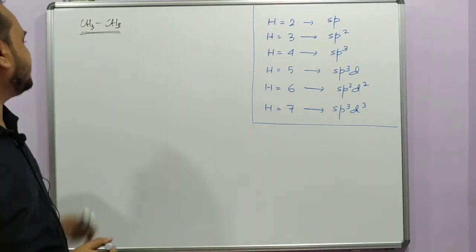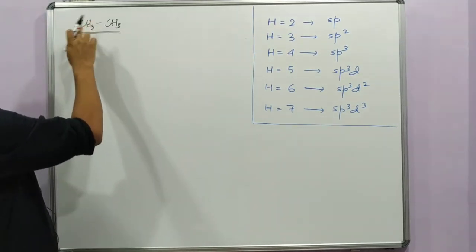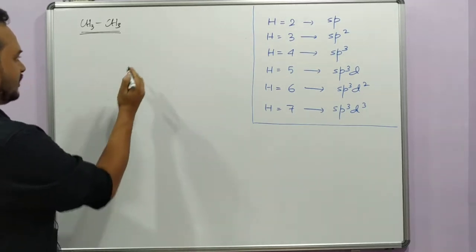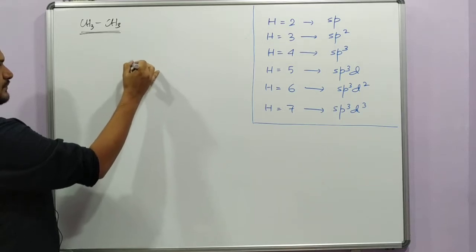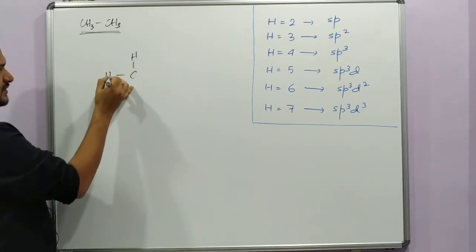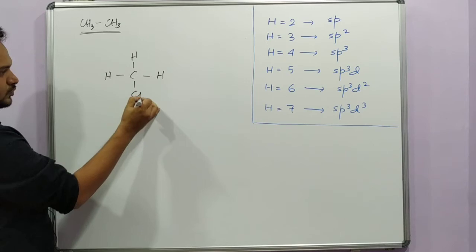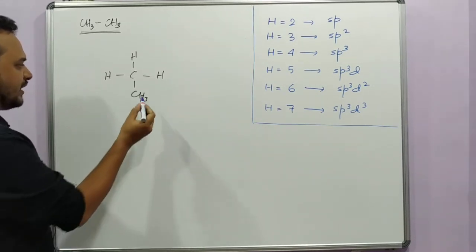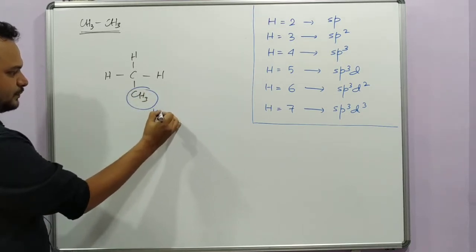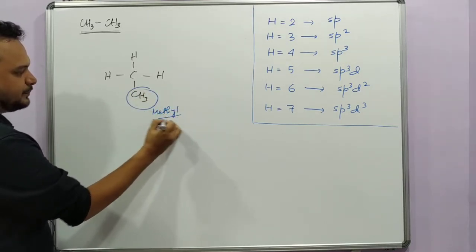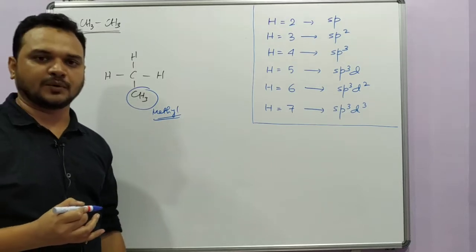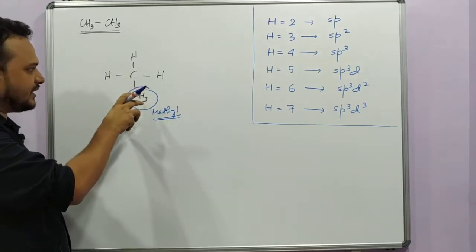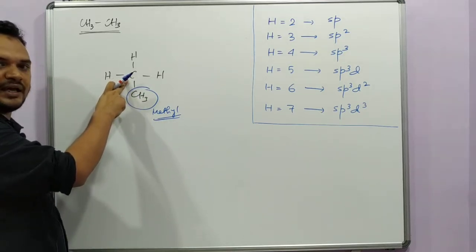Our next molecule is ethane. Here we have two central atoms. Both the carbons are central atoms. Now how to calculate? You know the structure of ethane. It is like this. Here, instead of a monovalent terminal atom, we have a monovalent group. This is the methyl group. How many bonds can methyl form? It can form only one bond. So this methyl group is behaving as a monovalent terminal atom if we take this carbon as the central atom.